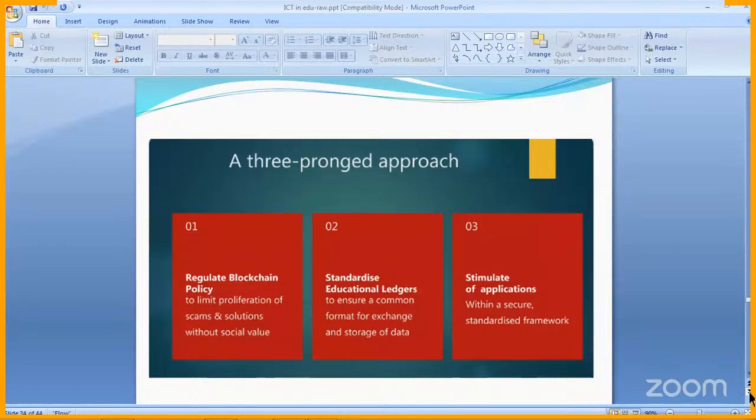So there should be a standardization of the ledger. What do you require? You require name, address, subject, marks, and other things. But somebody starts saying that I want caste also. So whether it is standardized or not, everybody should then start giving the caste also. Or somebody says that we want date of birth also. So what should be the standard data? It should be standardized first as a template, and those standards should be implemented so that there is no confusion at a later stage, and no chaos in the system because of some extra demand.